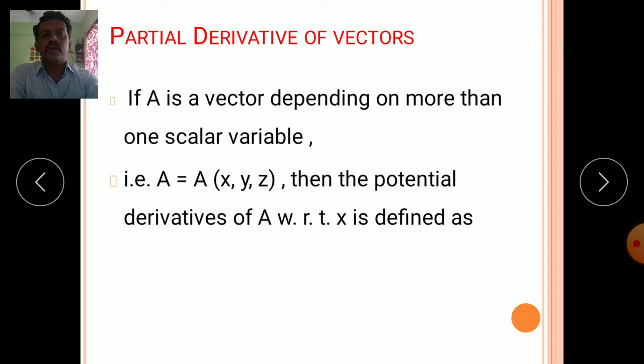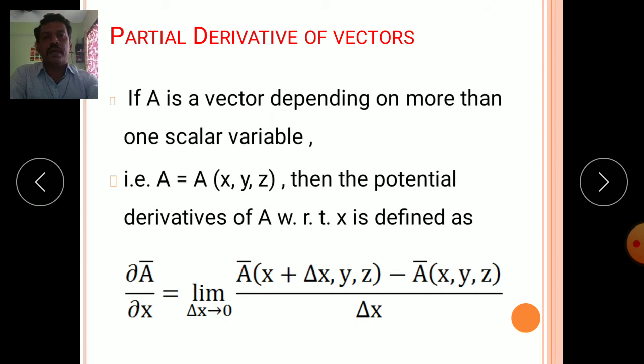let A be equal to A(x, y, z), then the partial derivative of A with respect to x is defined as ∂A/∂x, limit. Now here we consider a vector A equal to A(x, y, z) and we take its derivative with respect to x. So such type of derivative is a partial derivative, therefore it is denoted by ∂A/∂x, equal to limit delta x tends to